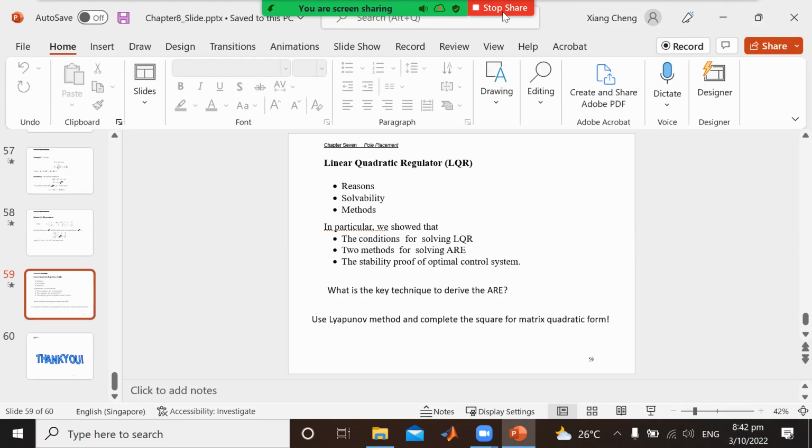How do we know that for minus lambda, then it's